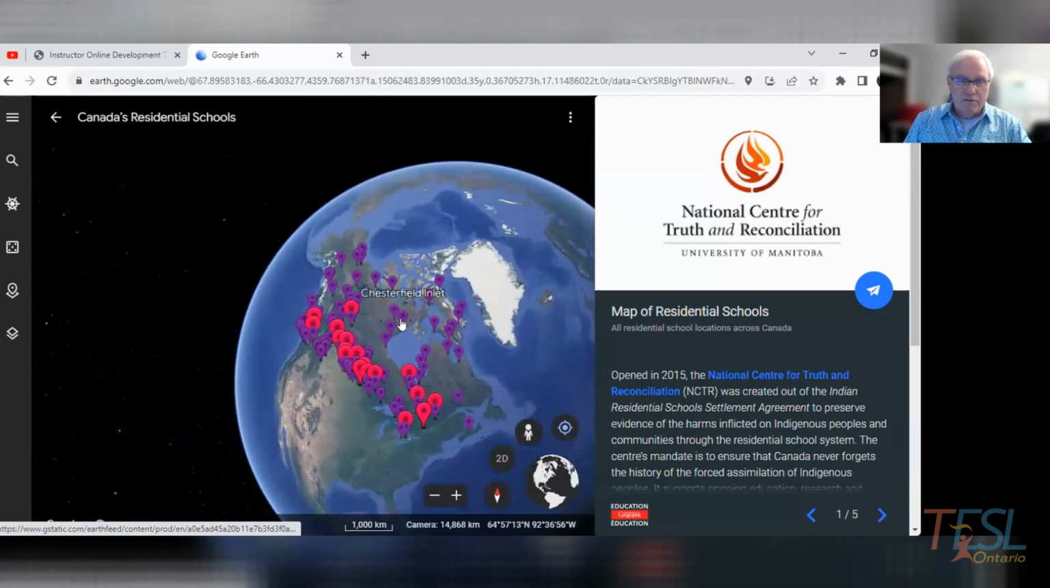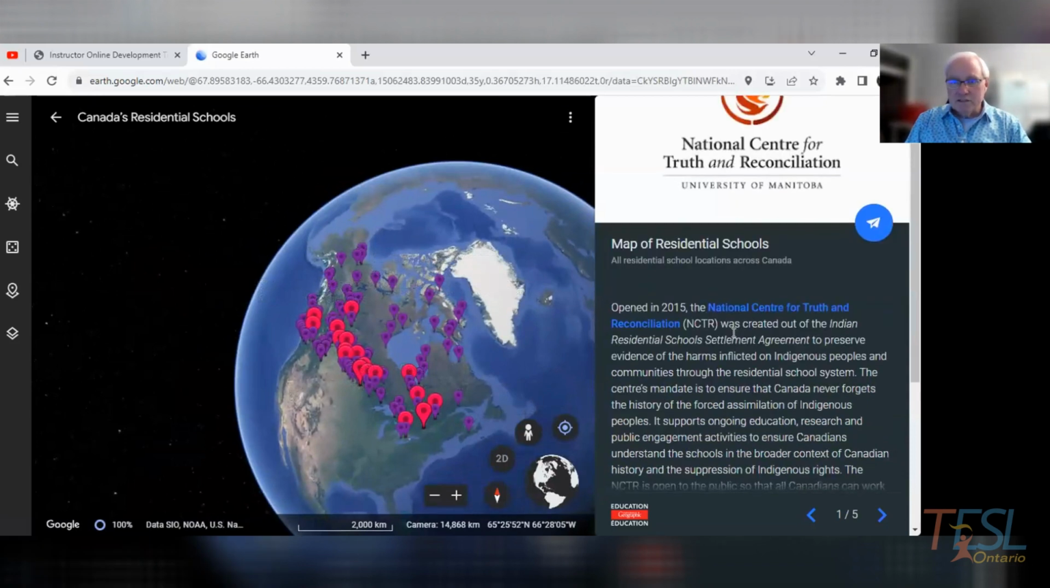The purple pins represent actual schools in the residential system, and the pink or red pins represent concepts that are explored in this Google Earth residential schools presentation. On the right-hand side, on this panel, the National Center for Truth and Reconciliation is very important to